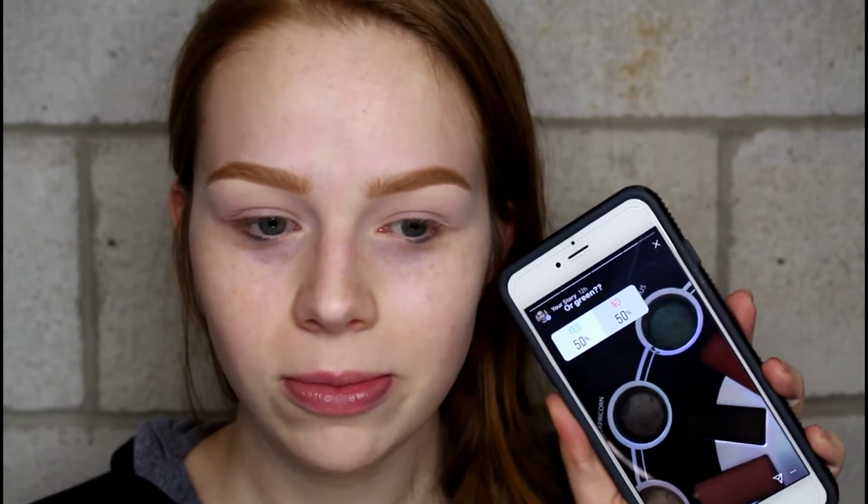I did my first Instagram poll and asked you today what colors you wanted to see me do a look with this palette on. Whichever color scheme gets the most yeses was the one I was going to do. So I said, do you want to see purples, neutrals, or greens? Purples is 67% yes, neutrals 52%, and greens is 50-50. Oh my goodness. Okay, so obviously the winner is clearly purples, but I will definitely be doing more looks with this palette if this first impression review, whatever it is, let's not be technical,